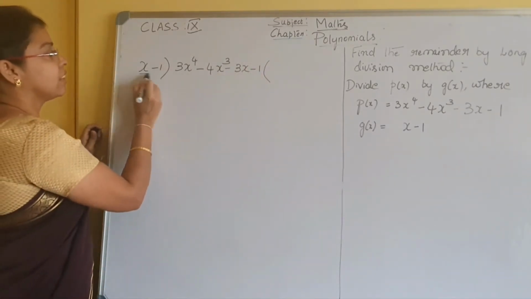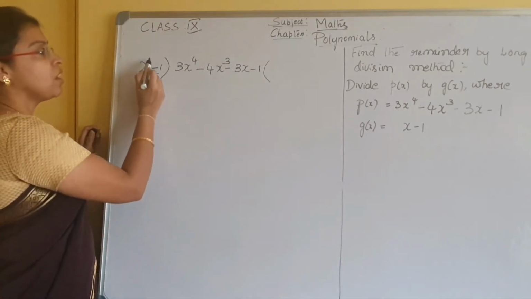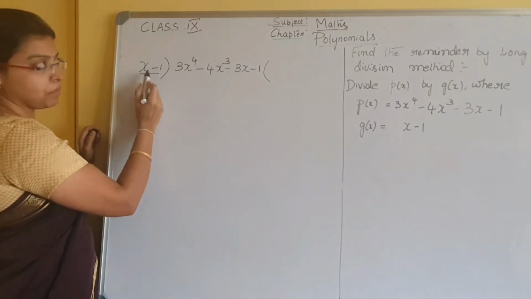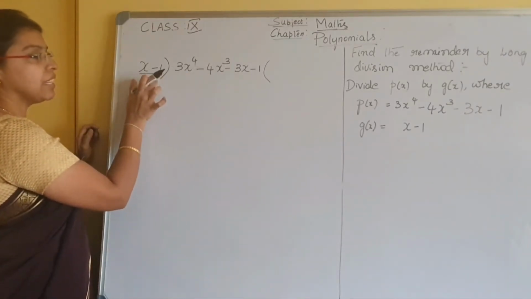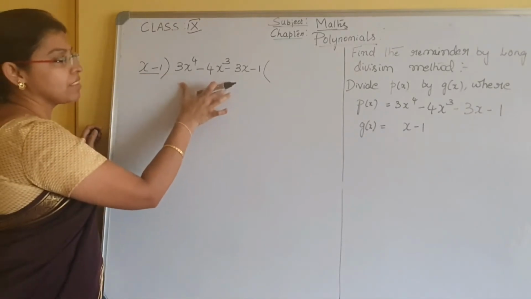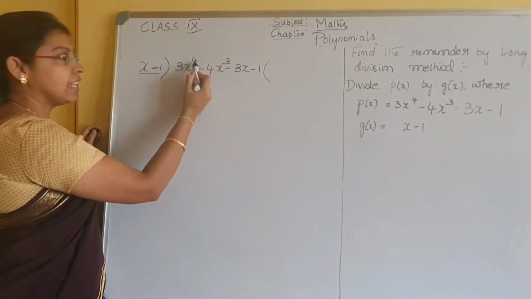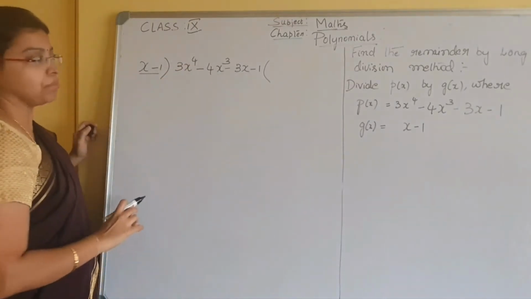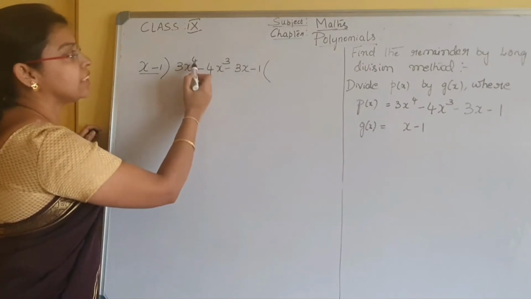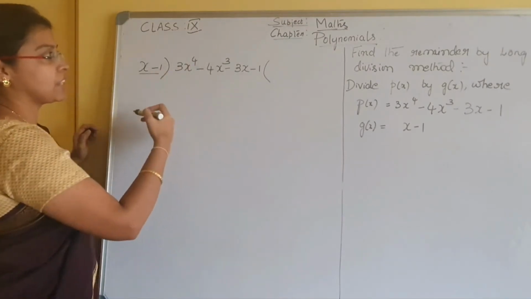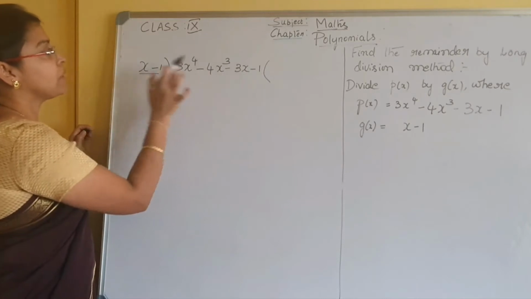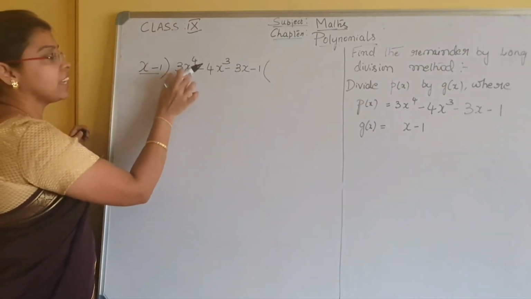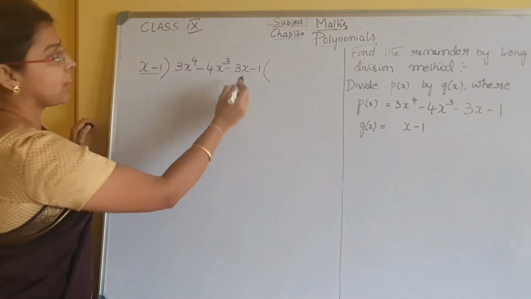Let's see. Okay, this divisor is also a polynomial of degree 1. Can you see this? x to the power of 1, so it is a linear polynomial. This polynomial has a degree greater than 1 and more than one term, so we call it a polynomial, and the degrees are whole numbers, not negative or fraction. What happens when a polynomial is divided by a linear polynomial? Just like our division, we take each term here and subtract.